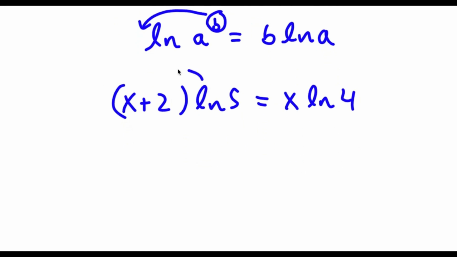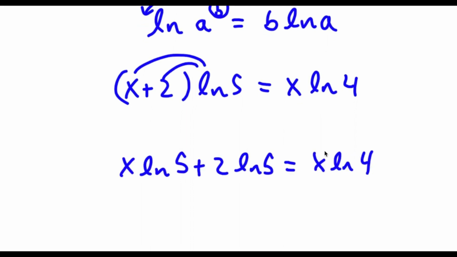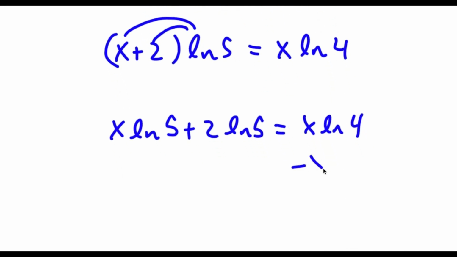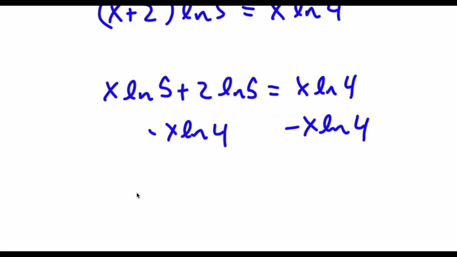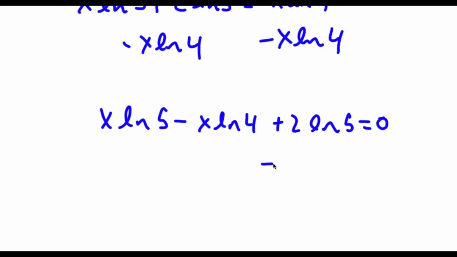Now, if I distribute ln 5 with x plus 2, I get x times ln 5 plus 2 times ln 5 is equal to x times ln 4. Now, I'm going to subtract both sides by x times ln 4. So now I have x times ln 5 minus x times ln 4 plus 2 times ln 5 is equal to 0. Now, if I subtract 2 times ln 5 on both sides,